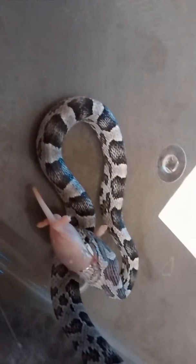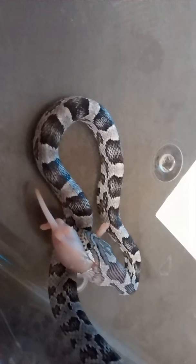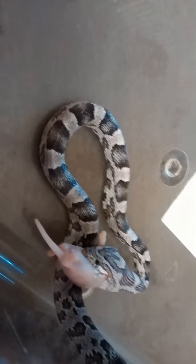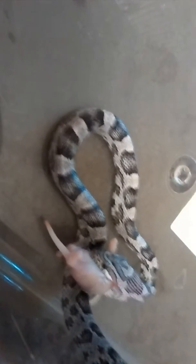It's amazing how big their mouth can get as opposed to their body. Like, he really will hump that thing down. It's ridiculous. And his body obviously is not quite as big around as this mouse. I tried one of the